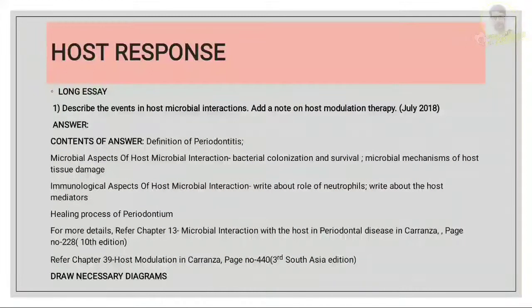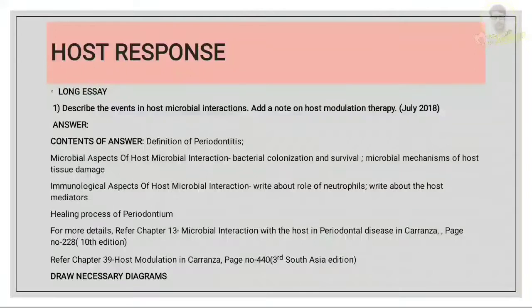The first question is a long essay. Describe the events in host microbial interaction and add a note on host modulation therapy. So first, you have to answer the definition of periodontitis. You have to write what is periodontitis, and then you have to add 3 headings. First is the microbial aspect of host microbial interaction, then the immunological aspect of host microbial interaction, and then the healing process of periodontium. So once you define periodontitis, second one, in the microbial aspect of host microbial interaction, first